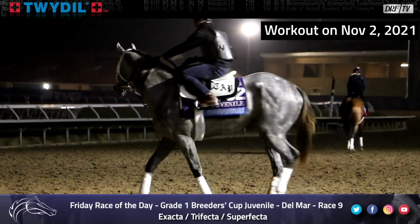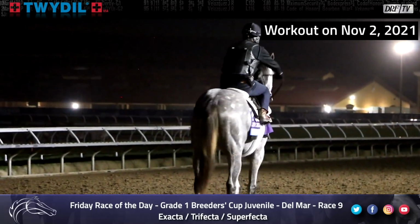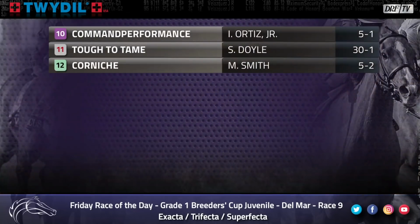He is still a maiden, like a couple of other horses in here. He's stretching out around 2 turns for the first time. So I know he's supposed to handle that, but it doesn't mean he's going to. While I do think he can win this race, and I do think he's mildly interesting, I didn't think he was necessarily the kind of horse I'd be willing to take something like 4 or 5 to 1 on. 30 to 1 on the 11, Tough to Tame, runner-up last time out in the Grade 3 Iroquois at Churchill Downs,